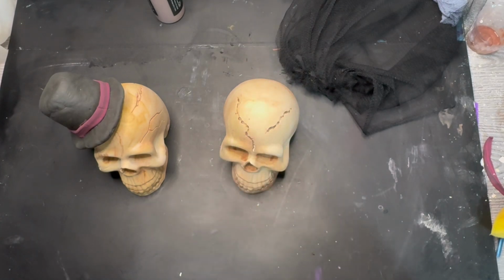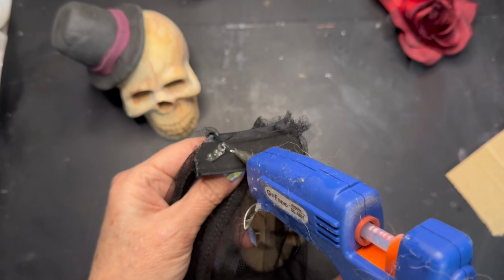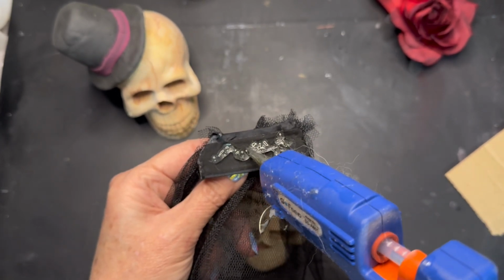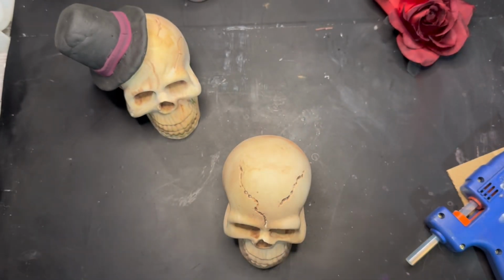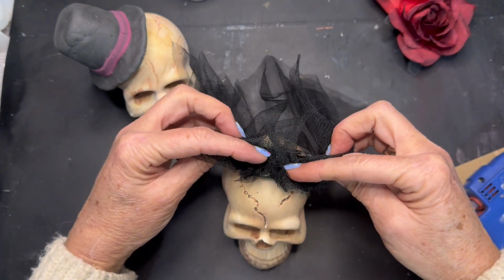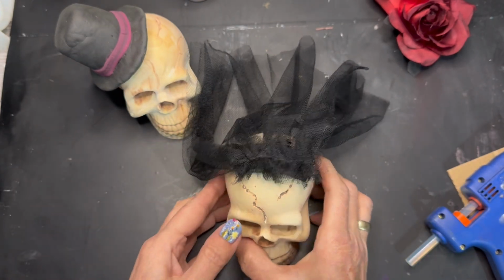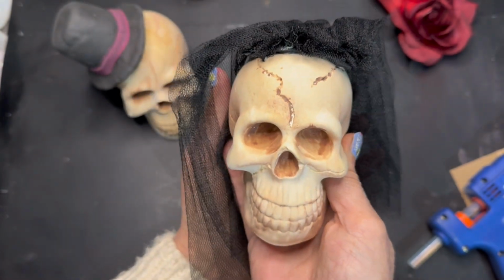So I just need to get my heat gun, not heat gun, hot glue gun, and then we'll get that attached onto there. Right, my hot glue gun's warmed up, so I'm just going to pop some of this hot glue onto there, and then get that stuck onto our little lady over here. Where should we put it? About there. So then that's her veil,